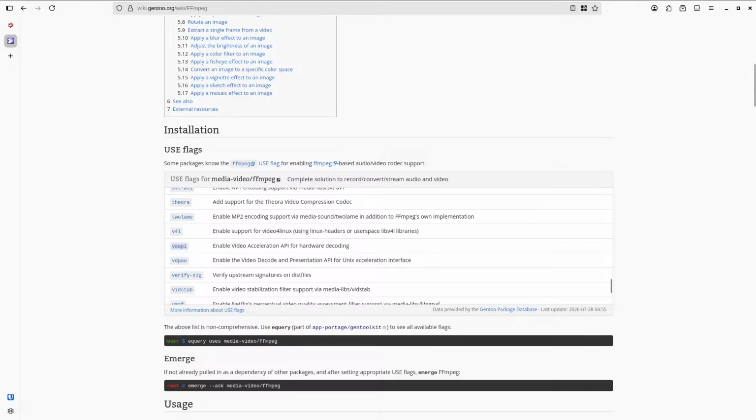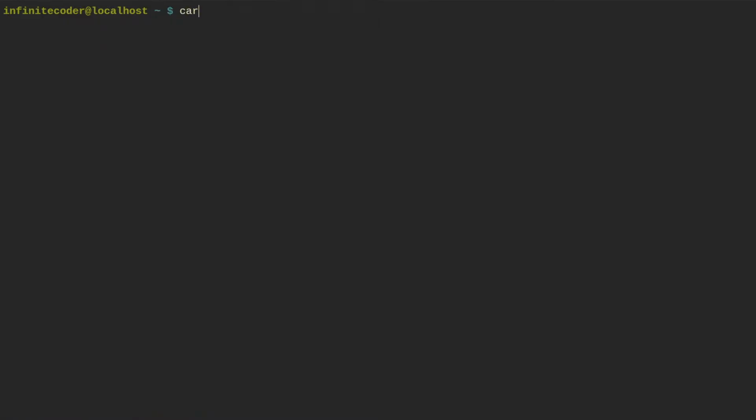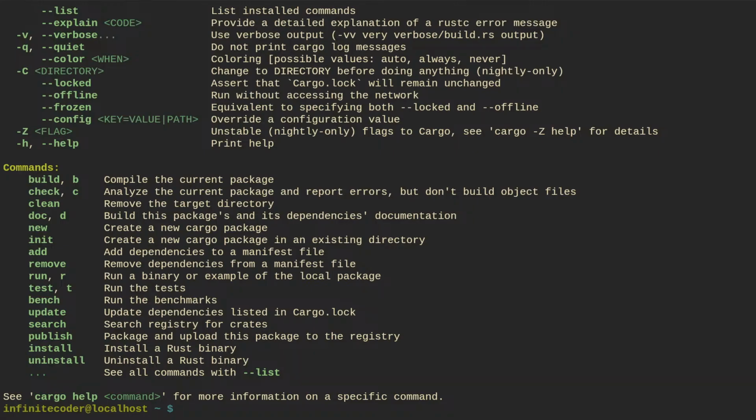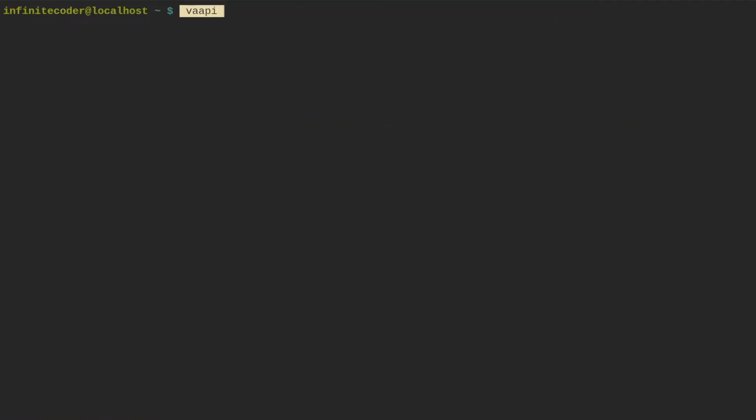Anyway, first of all, another thing I want to mention: Gentoo comes pre-installed with Rust, and I also installed Helix, which was pretty quick. First of all, I'm gonna do sudo, which I also installed, hx. Yeah, that's crazy because you need Rust to compile Rust.